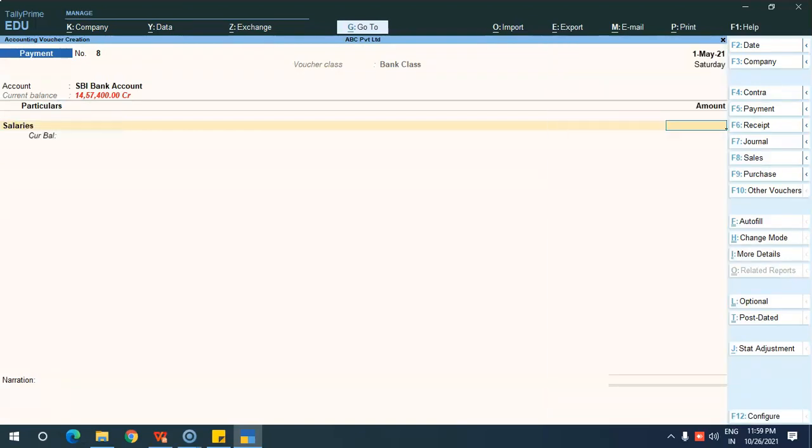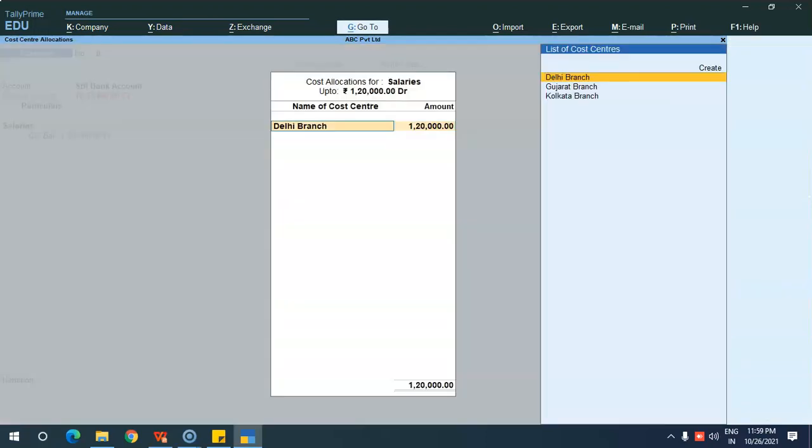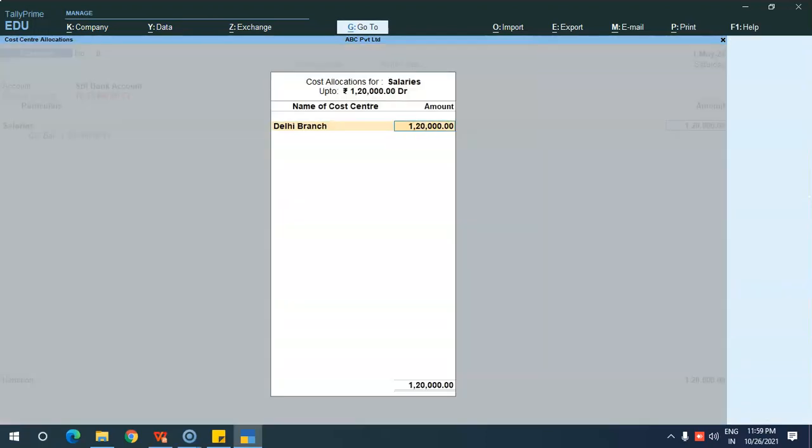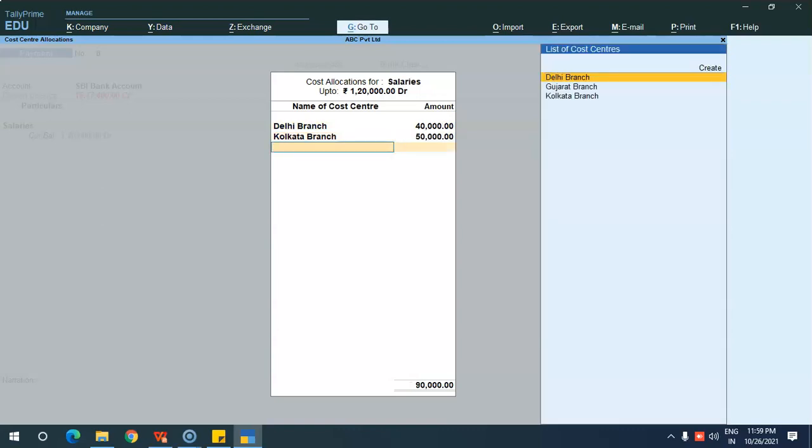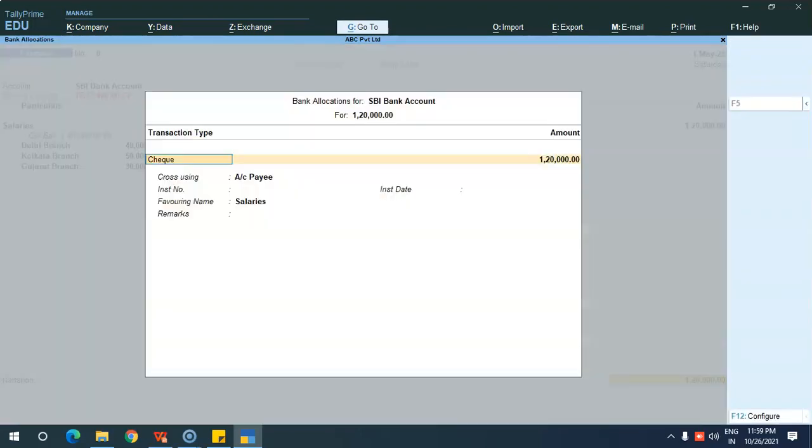Just for example, here I have paid 1,20,000. Here the Delhi branch 40,000, Kolkata branch 50,000, and Gujarat branch 30,000. Here I have allocated the concerned cost center.